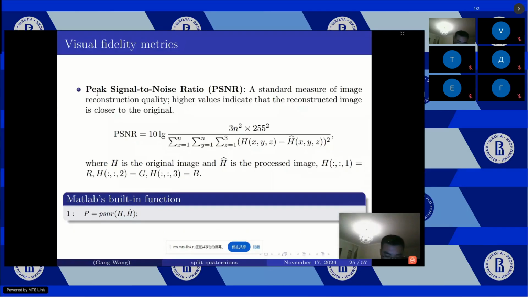The first is the widely used peak signal-to-noise ratio (PSNR), a standard metric for assessing image reconstruction quality. Higher PSNR values indicate that the reconstructed image is closer to the original. In MATLAB, a built-in function is available to calculate the PSNR between the original image H and the processed image